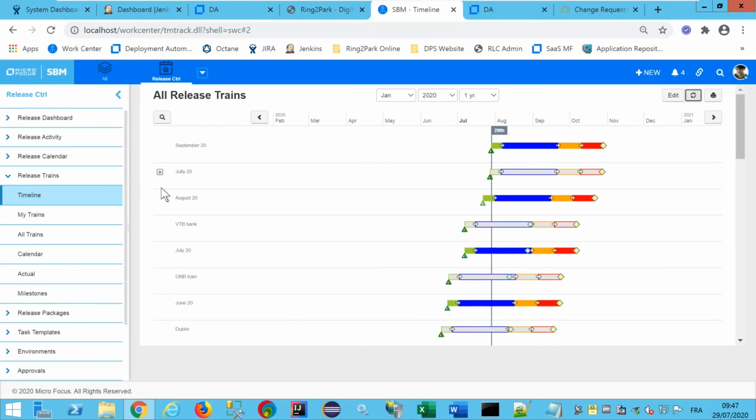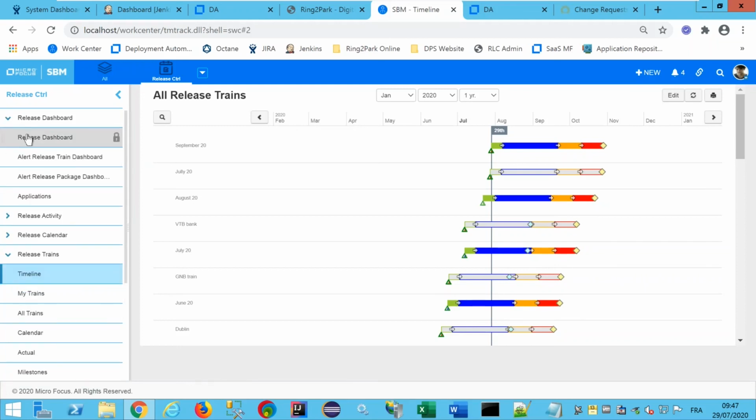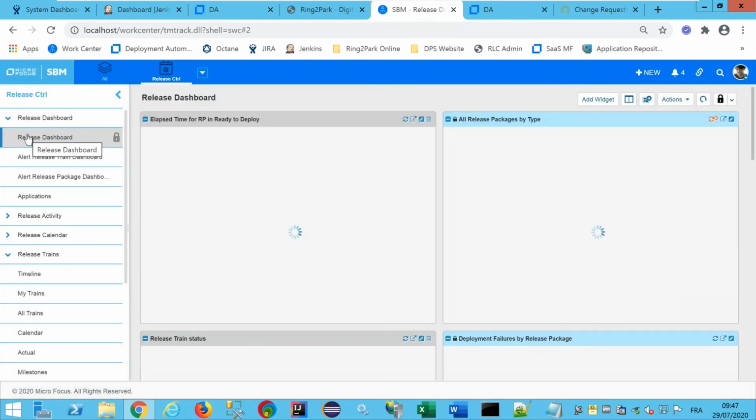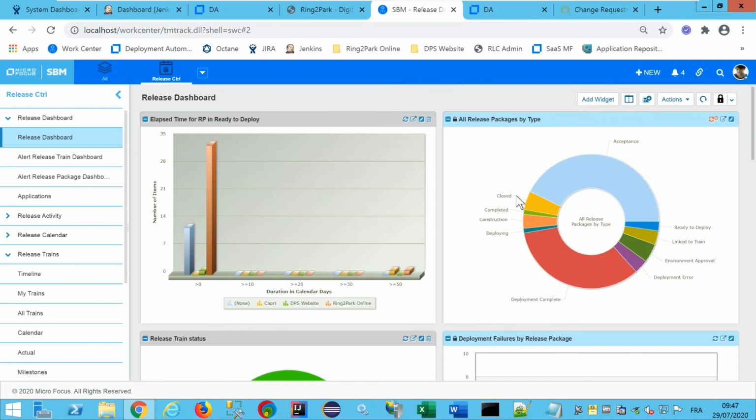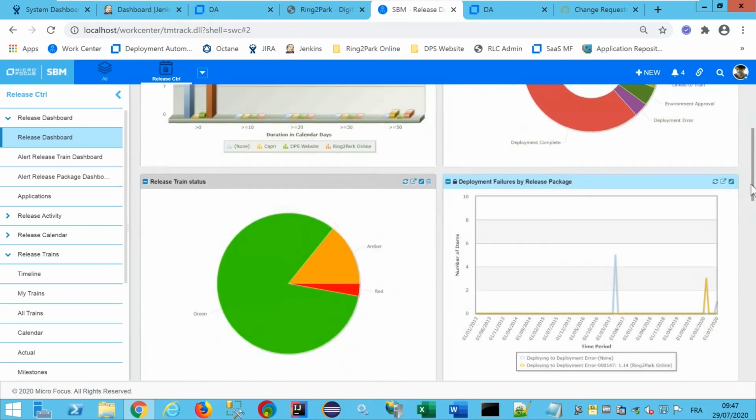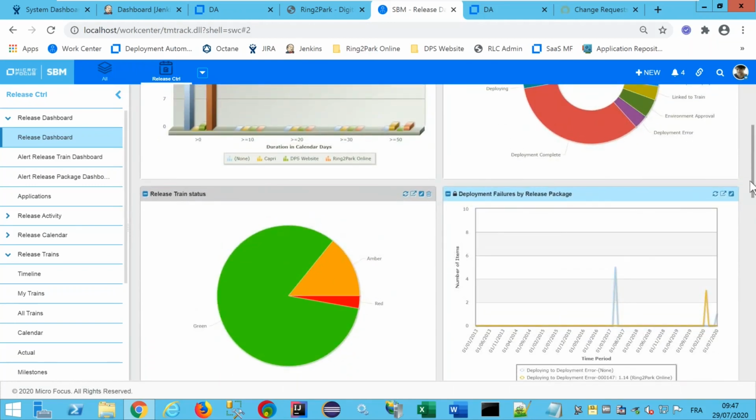We have some information about all the release activities. So we provide different dashboards, providing visibility about how many packages we have in ready to deploy state, what are the different types of the packages, how many deployments failed, what are the different statuses of the train, and so on and so on.